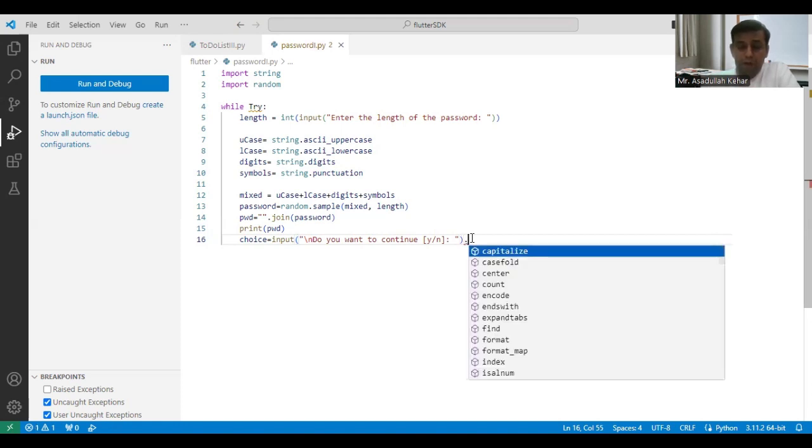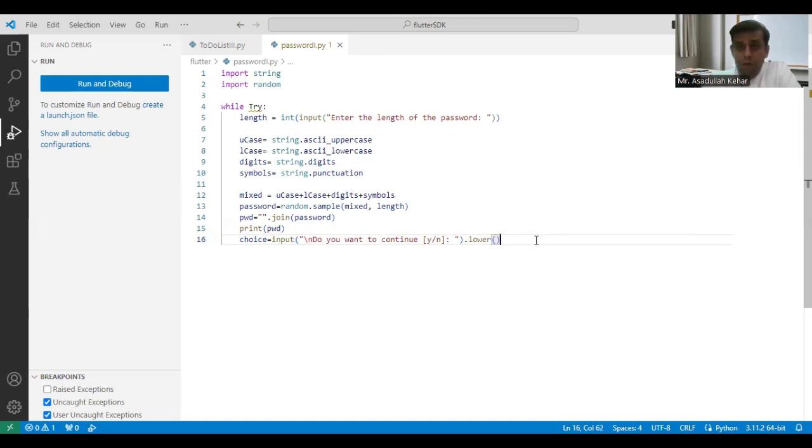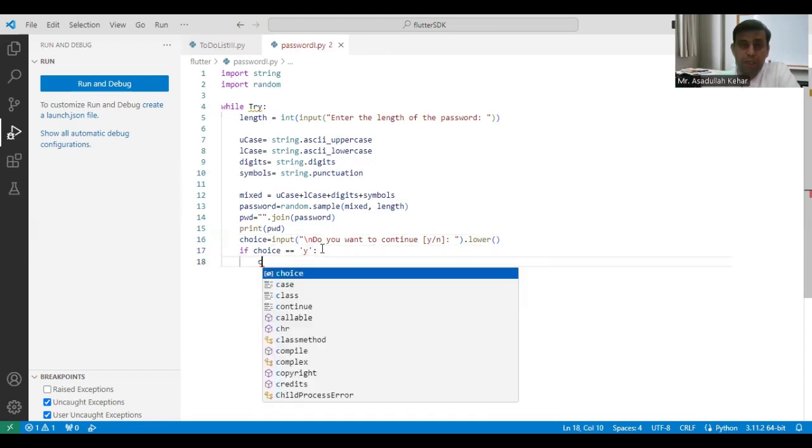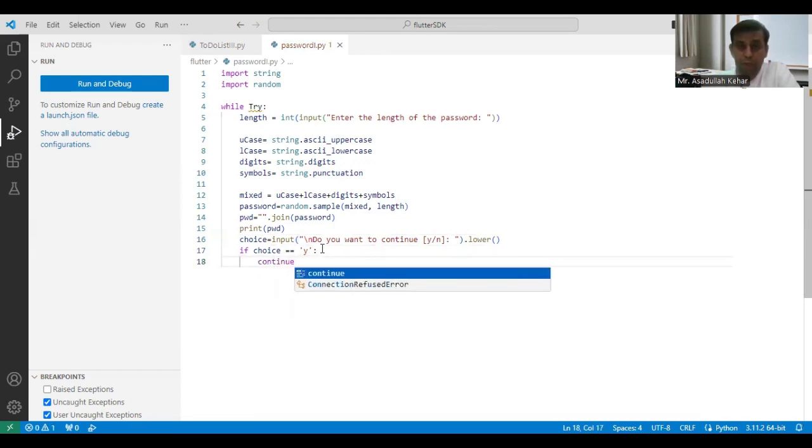We wish that whatever the user presses, Y in uppercase or in lowercase, it should convert into the lowercase with the help of the lower function, and then it should store in the choice variable. Over here we'll check if choice is equal to, we'll specify only one check, lowercase y. If choice is y, in that case the program should continue. So we'll write continue over here, else